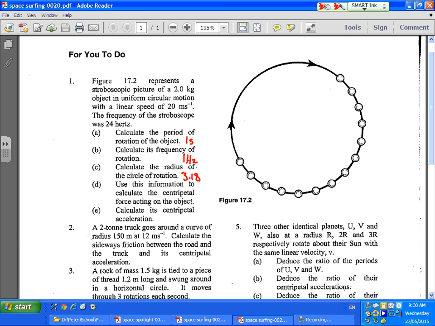And the centripetal force, well, that's just simply plug and chug maths. The centripetal force equals mv squared on r, which is going to be the mass, which we said was 2 kilograms, times, not 20, 20 squared, mv squared on r, which is the 3.18, which will give you